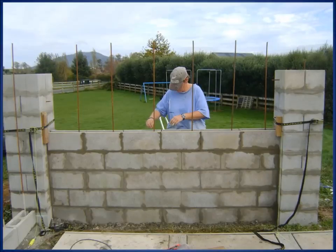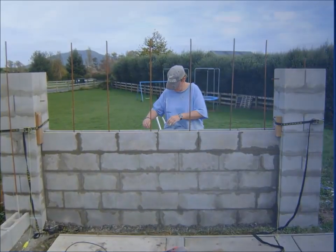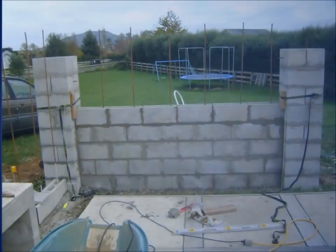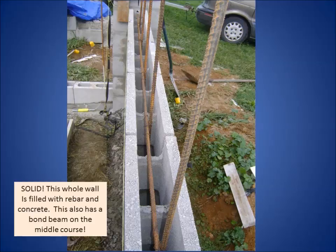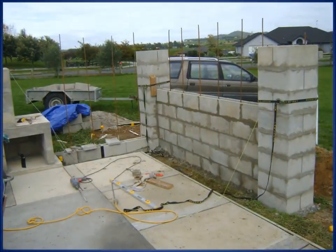And then that one there's a bond beam, which has got an empty cavity and the rebar goes across. I think I put a picture of it in. This is very strong, but pretty ugly really, the way I did it. Held together with